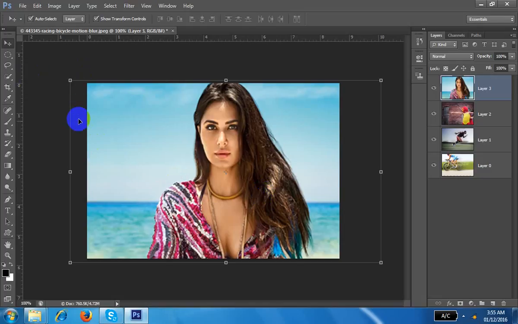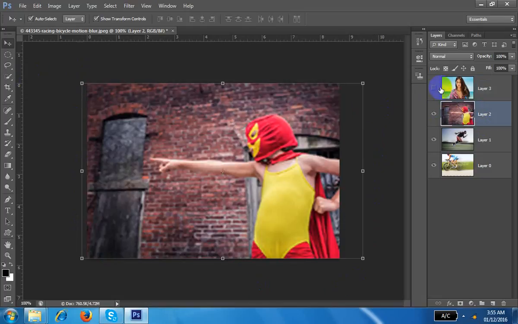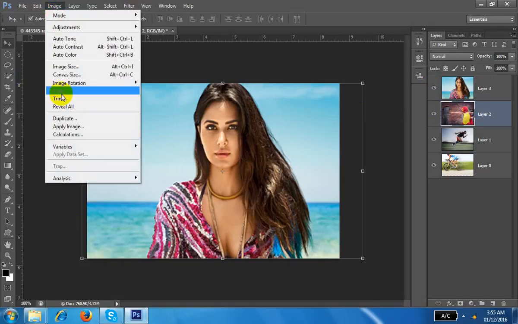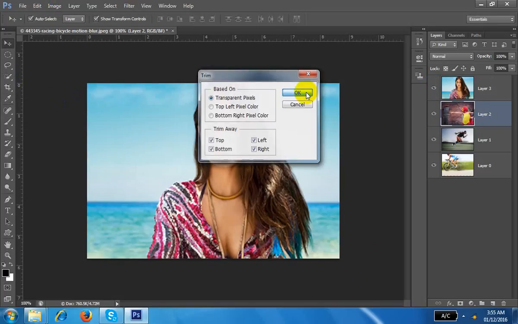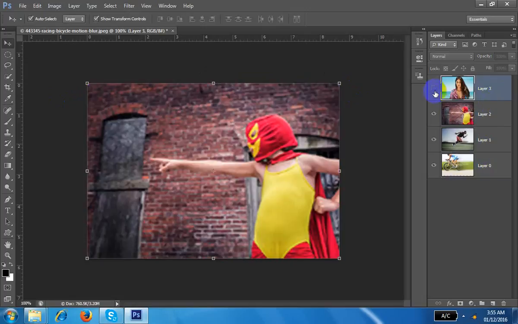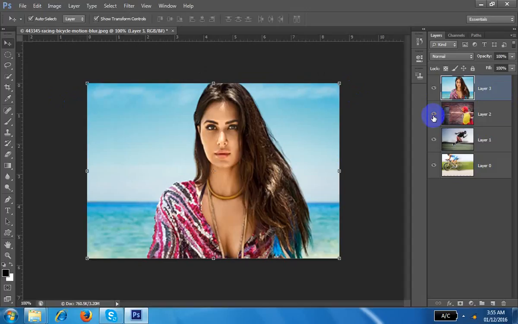I want to remove the outside images from everywhere. How to delete? Very good. Go to Image and Trim. Then it will trim all the images. It does not trim just one image, it trims all the images. Right now, each and every image fits to the window. Understand everybody? Yes. So this is the good thing.